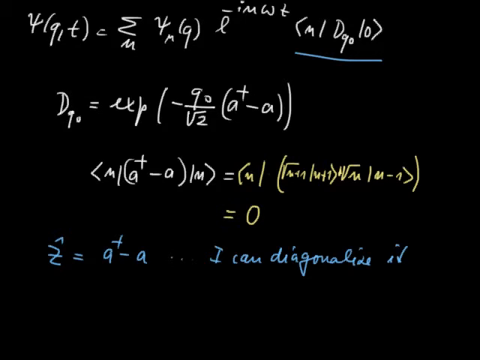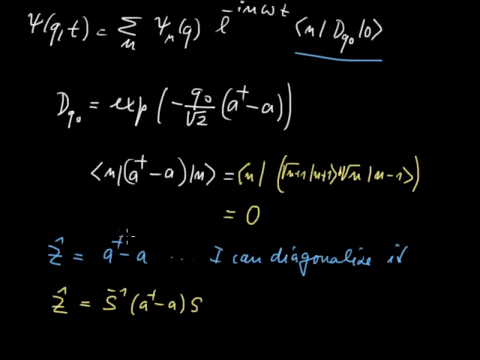This I can do by means of some so far unknown but numerically very easily findable transformation, which looks like this. So this is now diagonal,